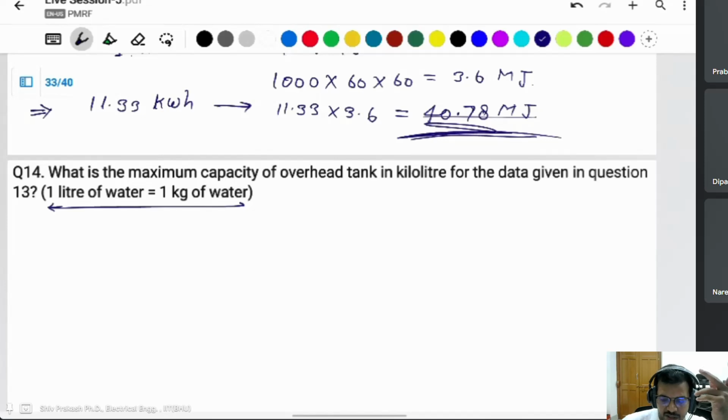Okay, then what will we do? We have the megajoules energy, the total stored energy,